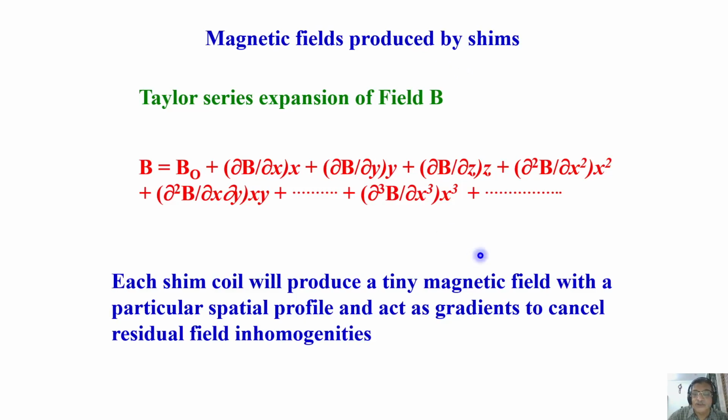That's why you can have expansion of this for n number of terms. That is why we have different shim coils. So you can vary the magnetic field in x direction, y direction, z direction, x squared, that is a parabolic path, xy, x cube in a different shim. These are all shim coils where you can produce the counteracting magnetic field in different spatial profiles.